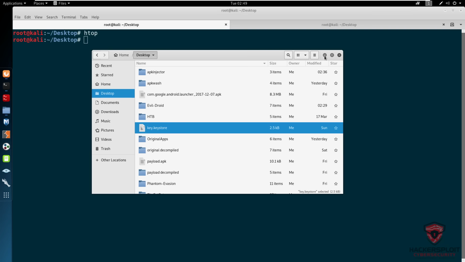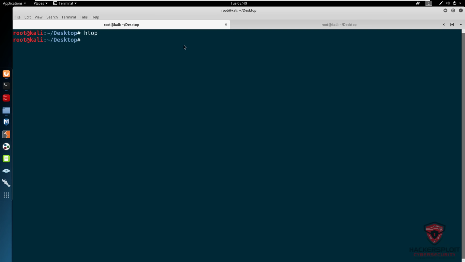Alright, so now that we have got that out of the way, we can do it. I'll first explain how to do it with MSF, and I'm not going to go through with it because you can try it out. It works some of the time, but some of the time it will give you an error with the APK tool. So for example, I can type in msfvenom, and we use the x parameter to specify we are embedding or injecting,